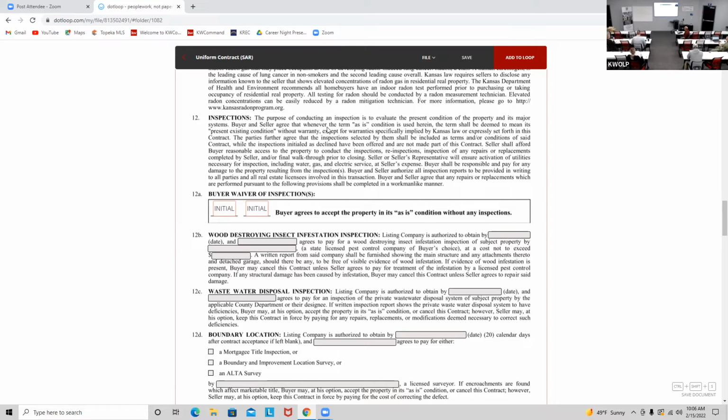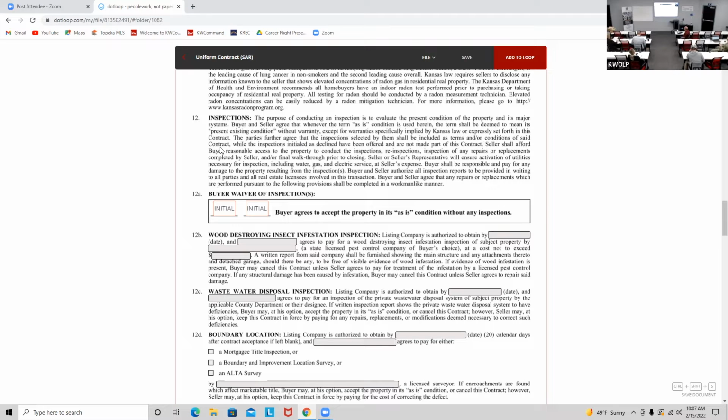Buyers and sellers agree that whenever the term "as is" condition is used here, the term shall be deemed to mean its present existing condition without warranty except for warranty specifically implied by Kansas law or expressly set forth in the contract. Parties further agree that the inspection selected by them shall be included as terms and/or conditions of the